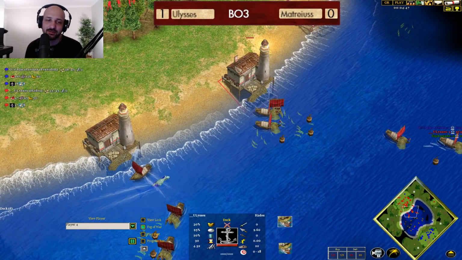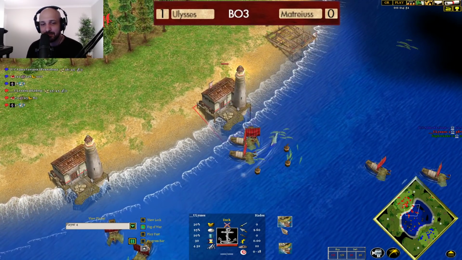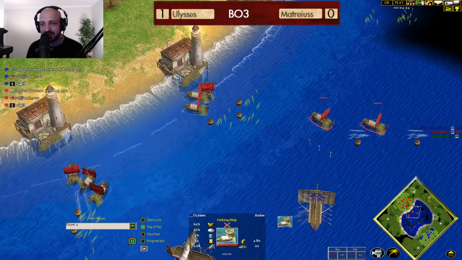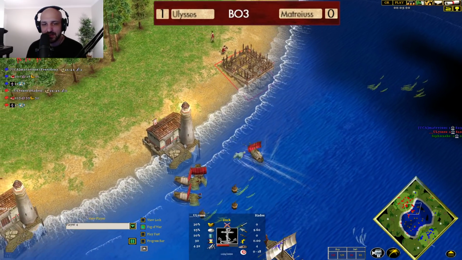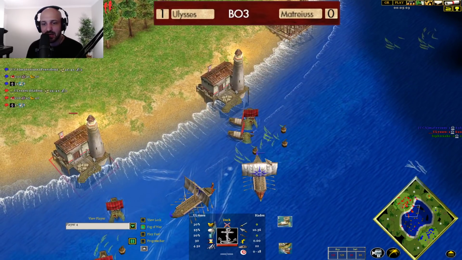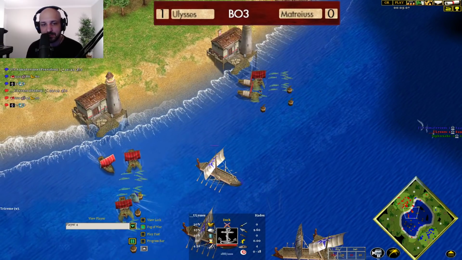Absolutely stunning from Ulysses. If I'm Ulysses right now, I am garrisoning my trireme in my dock and going to be taking just a little bit of a hit to my fishing while I get this dock up. This is important. Get the dock up, then you can drop out a couple of trireme in order to force the pestilence, or maybe not force the pestilence, but